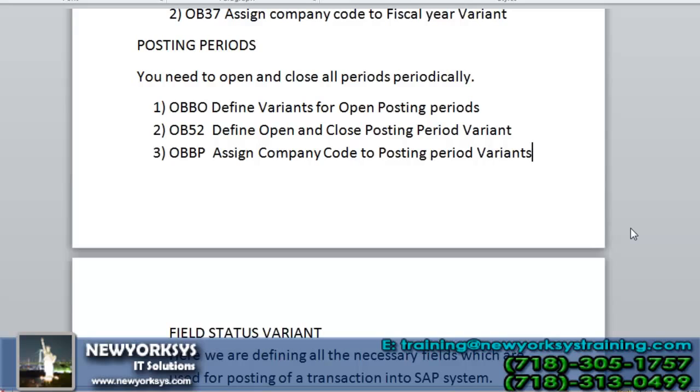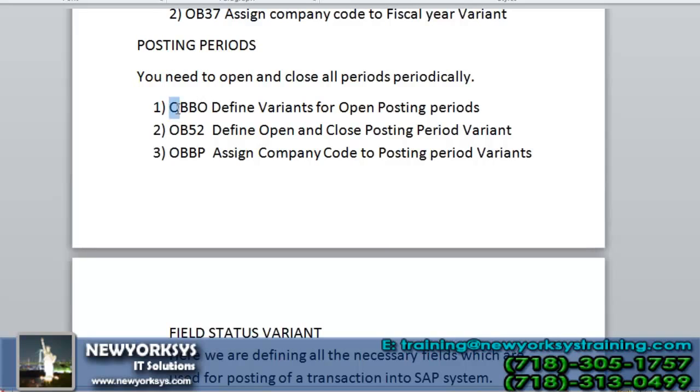Like this, after January 31st, 12 o'clock midnight, the January period should be closed. Posting should not be allowed for any of the users in the company using the January month. The February month should be opened. That is how the system should be. So we are making these posting periods in that manner.